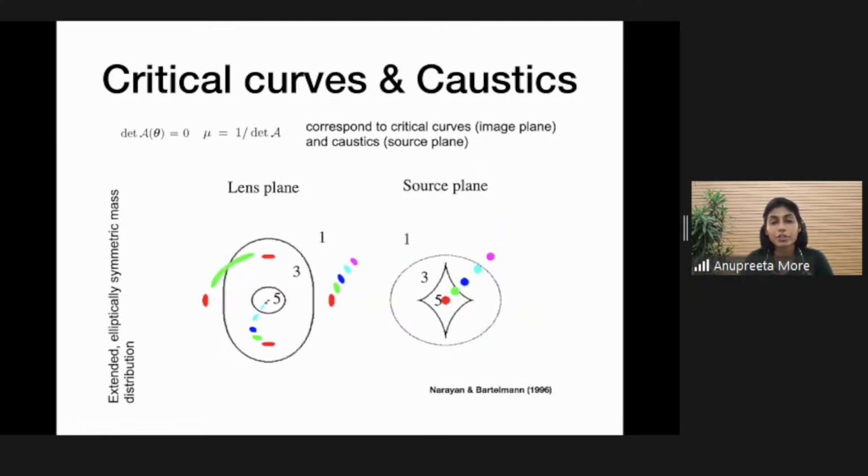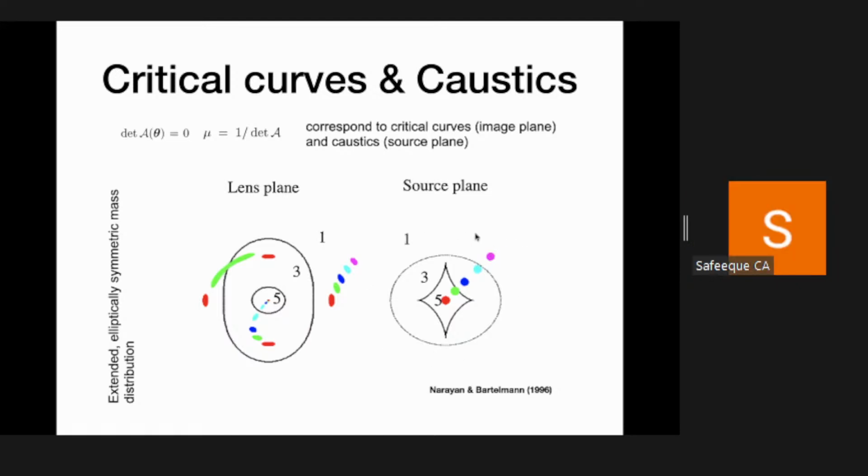This is another version of the similar idea. Here we are showing the source actually moving to different locations, and you can see that the magenta source is currently located in the